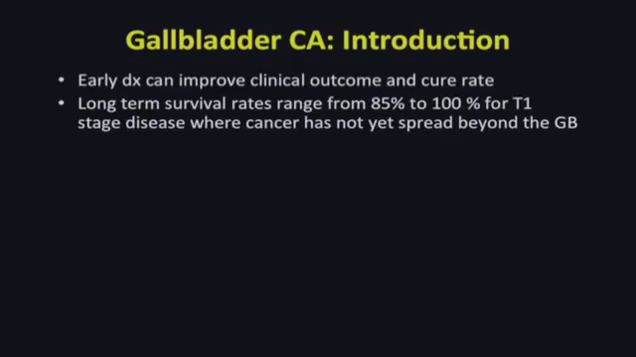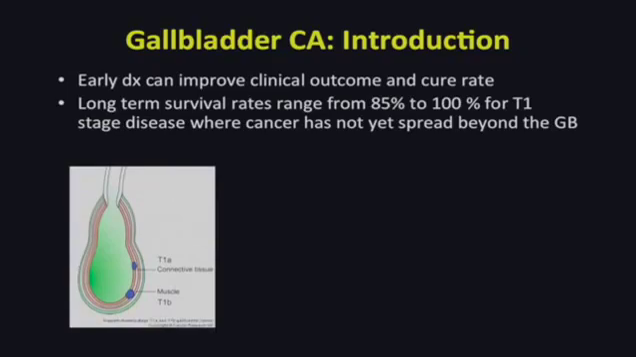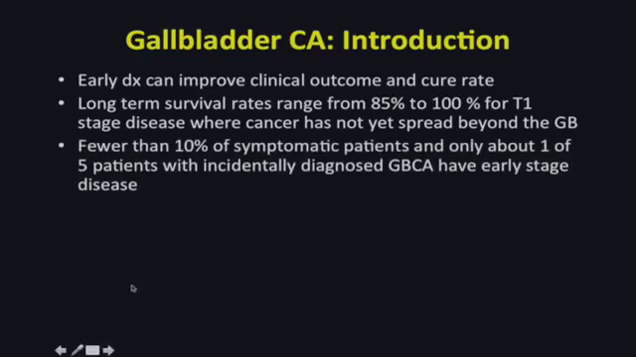Early diagnosis can improve the clinical outcome and cure rate, with long-term survival rates ranging from 85 to 100% for T1 stage disease where the cancer has not yet spread beyond the gallbladder. Unfortunately, fewer than 10% of symptomatic patients and only about 1 of 5 patients with incidentally diagnosed gallbladder cancer have